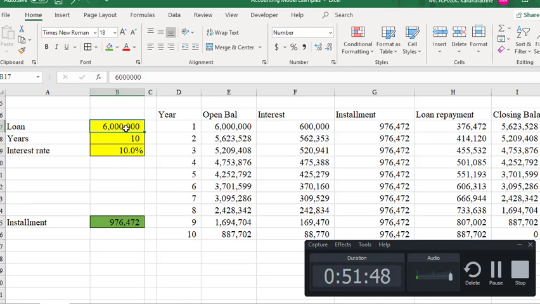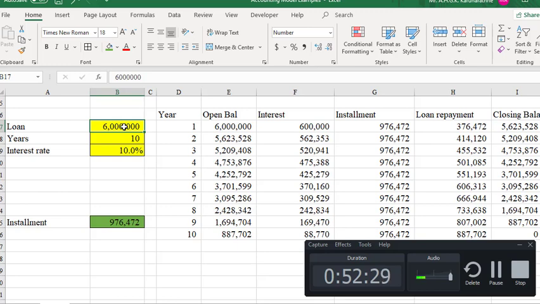But if you are going to repay the loan in a very short period of time, then you will have to pay a big installment. But it's very likely that you are not going to pay that much interest, right? Interest expense will be very low if you are going to settle the loan in a short period. But in that case, your installment value will be high, right? So accordingly,